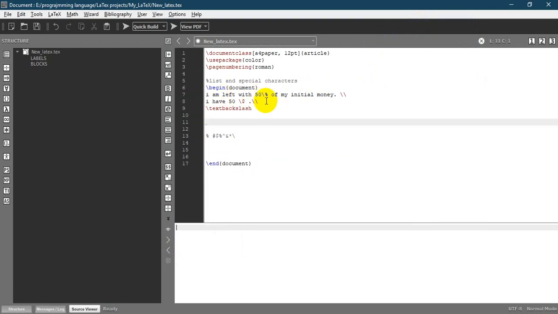Again, now if you want to write accents, so if I want to write accents in my code,